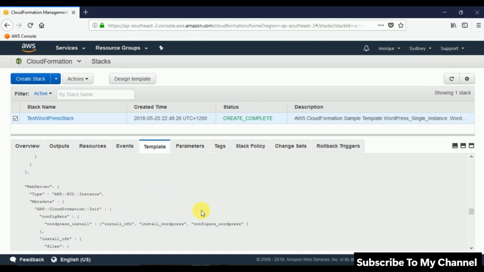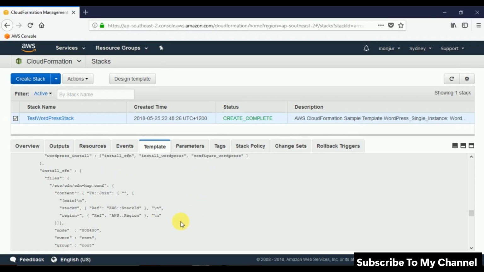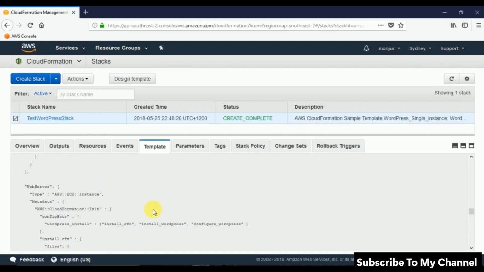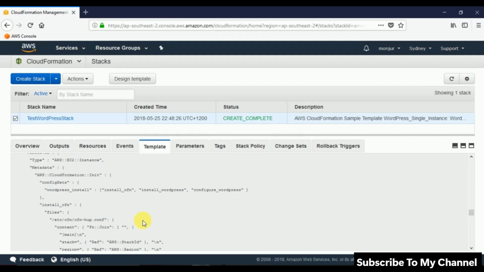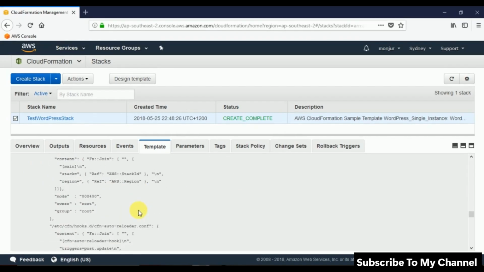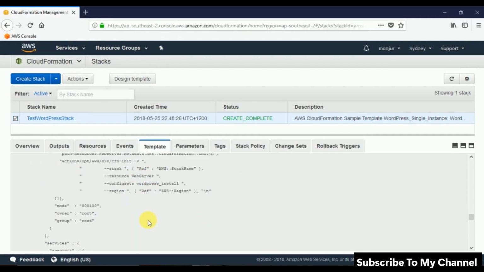So we won't worry much at this moment, as we have seen that the template is the source file where we have the instructions from instances, from resources to parameters, security groups, everything that we needed to create the stack. And these are the instructions that we use and tell AWS that, hey, these are what we need. Please create